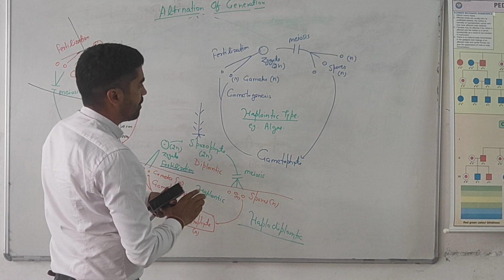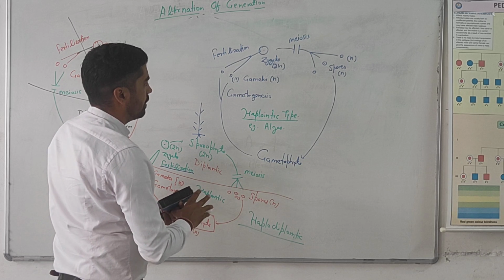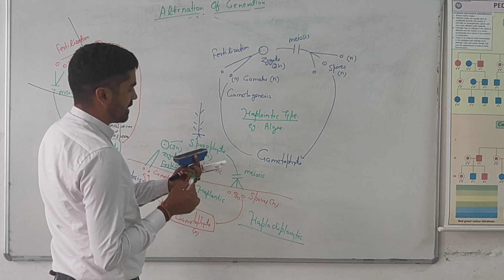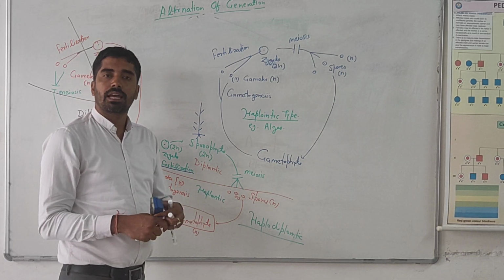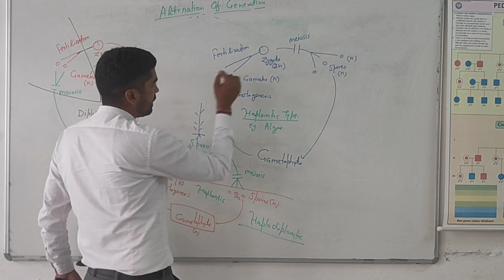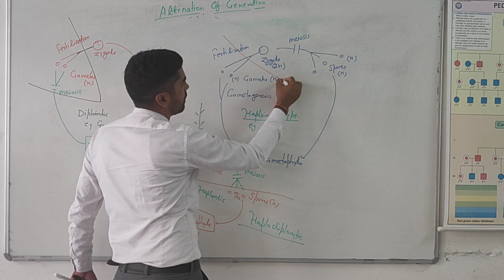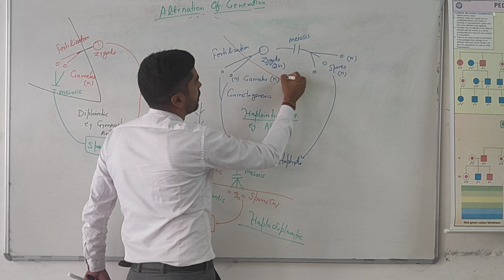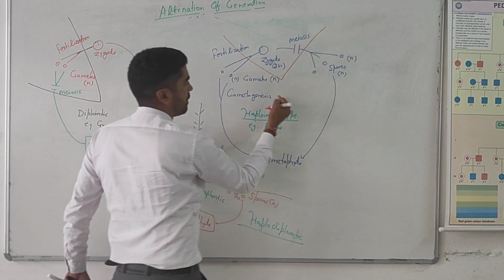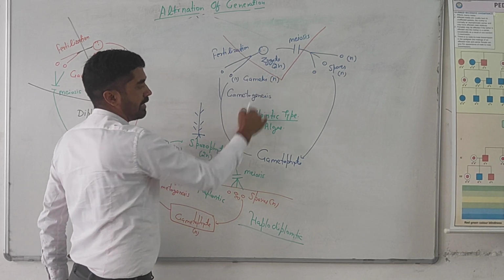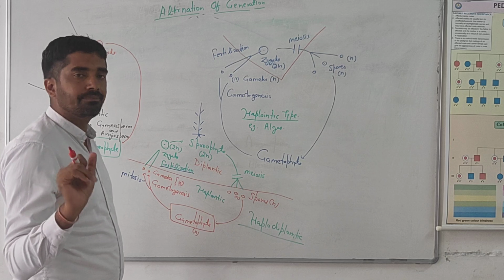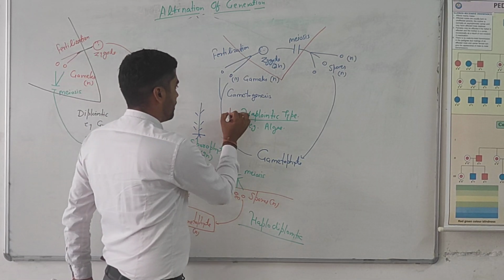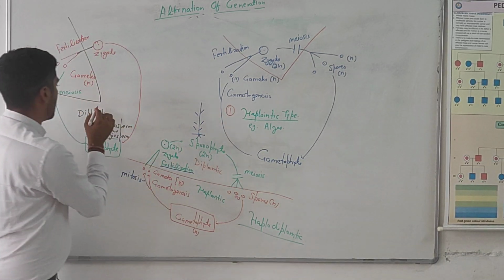This is the first type, the haplontic type of life cycle. It takes place in algae. In this type of life cycle, the maximum lifespan will be haploid, but it will be diploid for some time. Only this stage is diploid, but overall it is a haplontic type of life cycle. The best example is algae. Now when we come to the second type of life cycle, that is the diplontic type of life cycle,